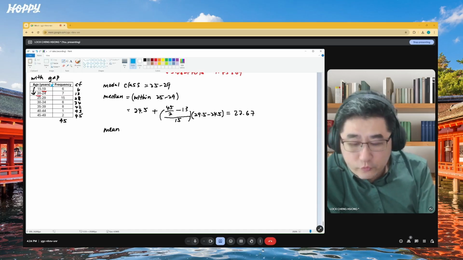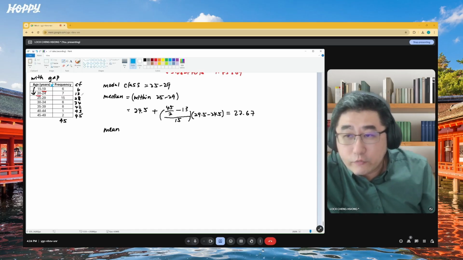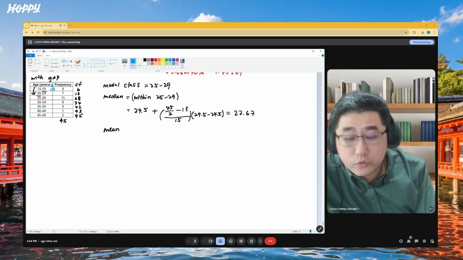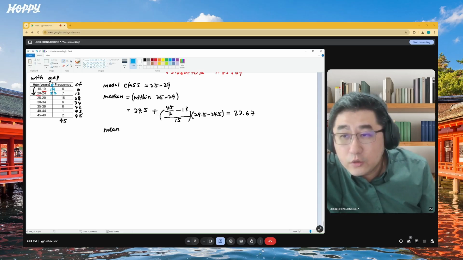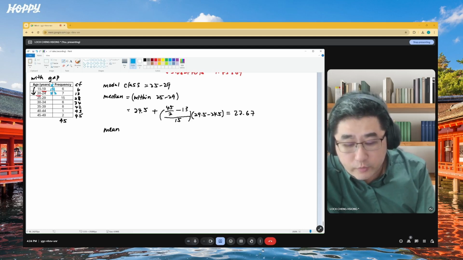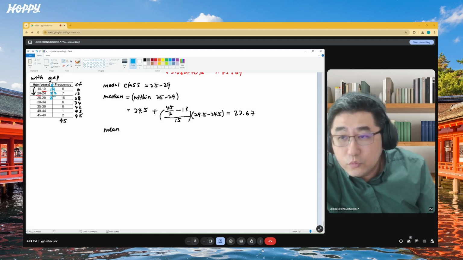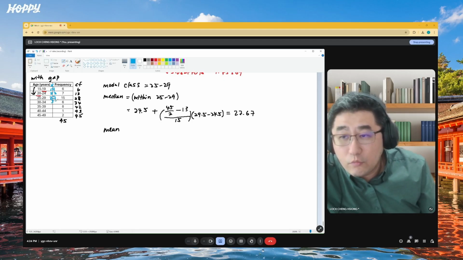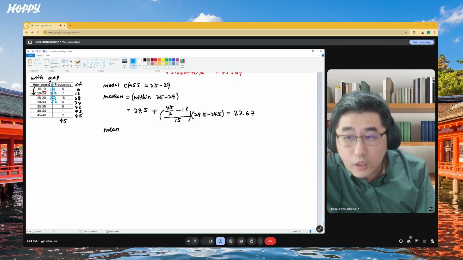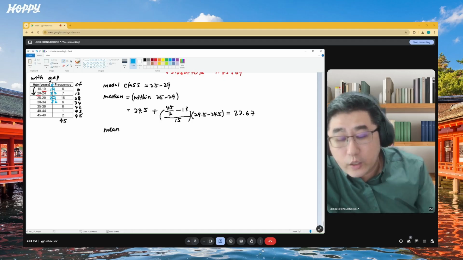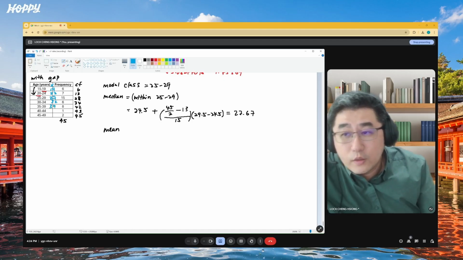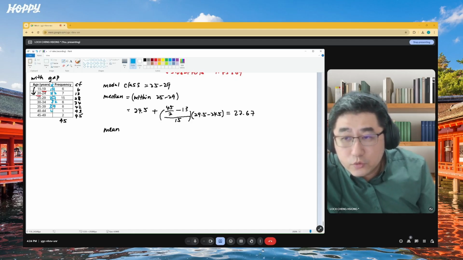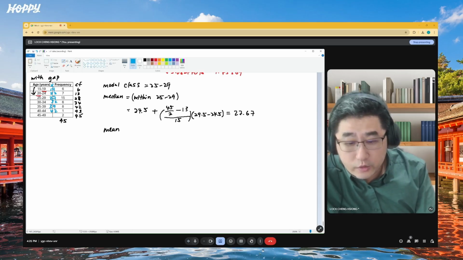So 15 plus 19 divided by 2, I have 17. 20 plus 24 divided by 2, I have 22. 25 plus 29 divided by 2, I have 27. 30 plus 34 divided by 2, I have 32. 35 plus 39 divided by 2, I have 37. 40 plus 44 divided by 2, I have 42. And 45 plus 49 divided by 2,